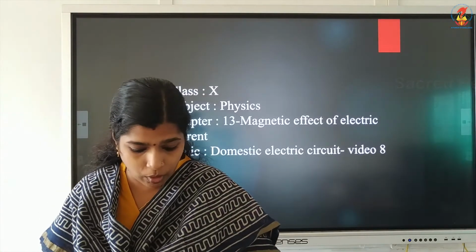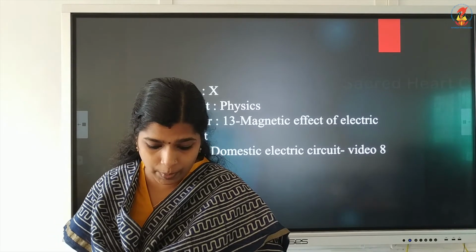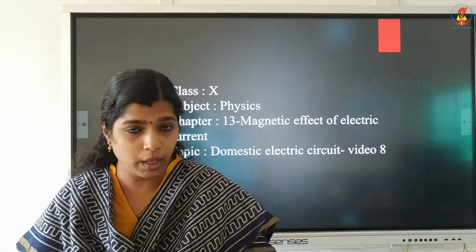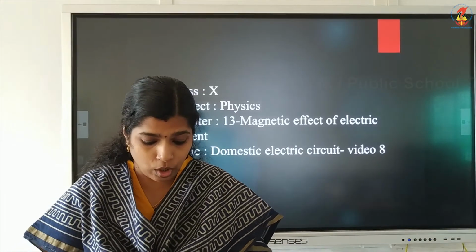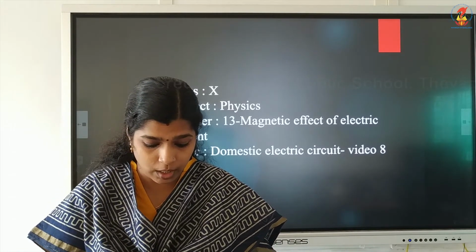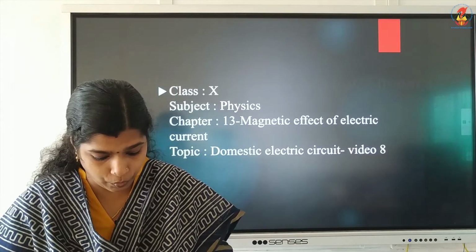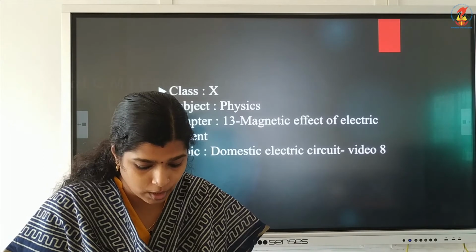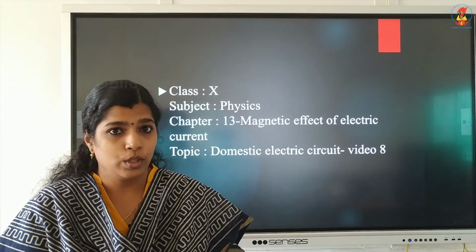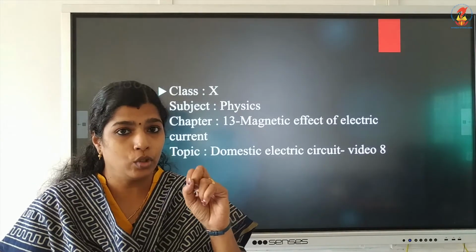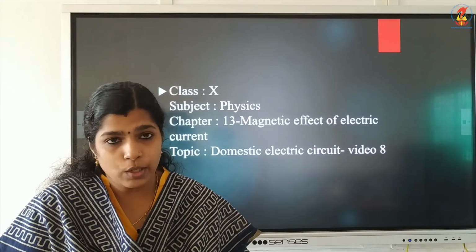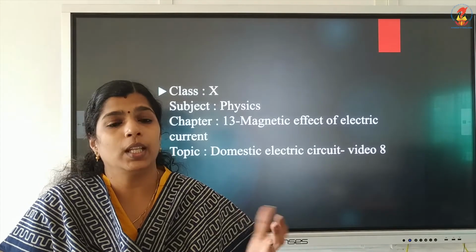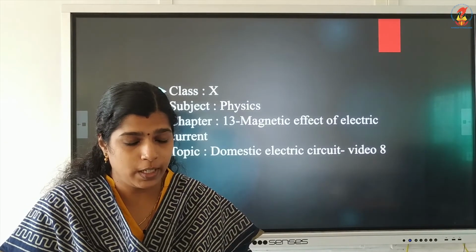At the meter board in the house, these wires pass into an electricity meter through a main fuse. Through the main switch, they are connected to the live wire in the house. These wires supply electricity to different circuits within the house. So, often two separate circuits will be there. One is 5 ampere current rating circuit and the other one is 15 ampere current rating circuit.